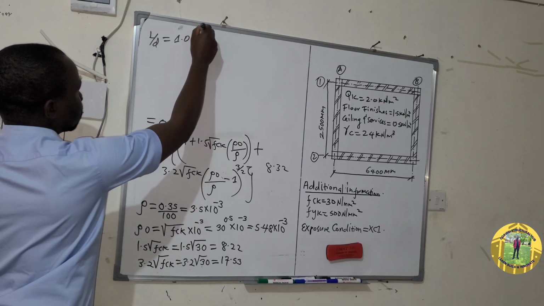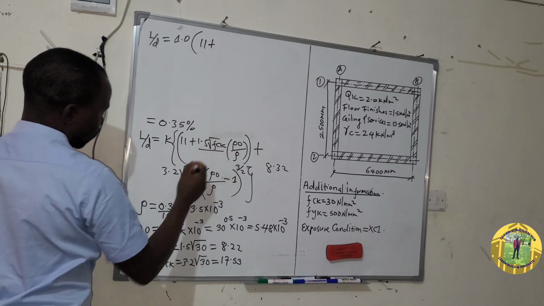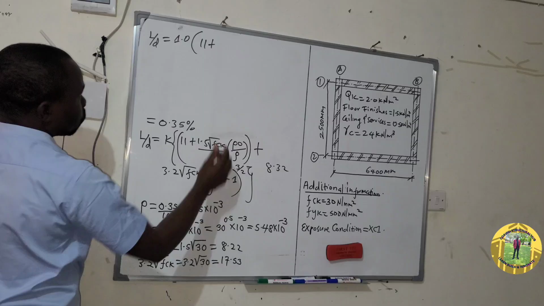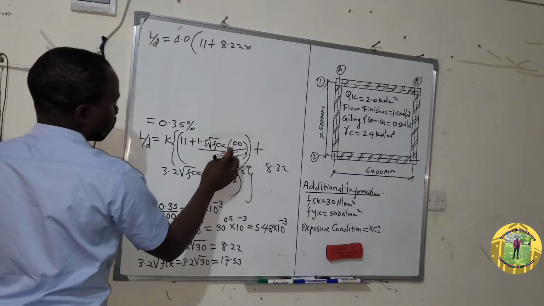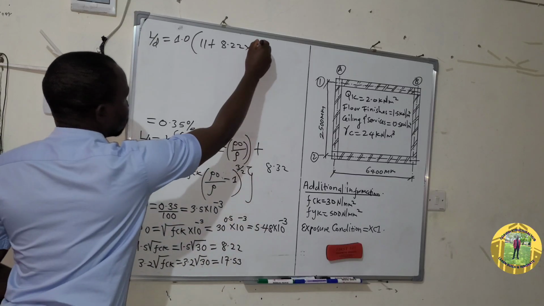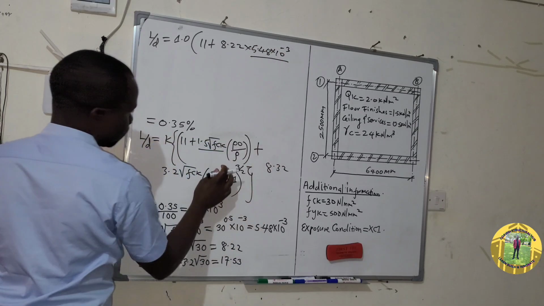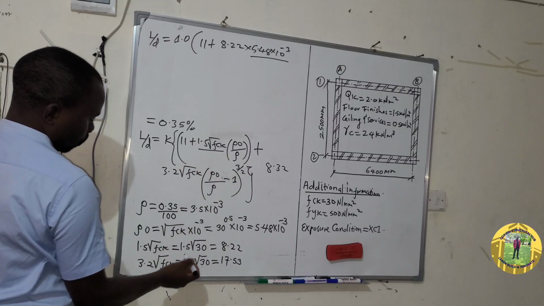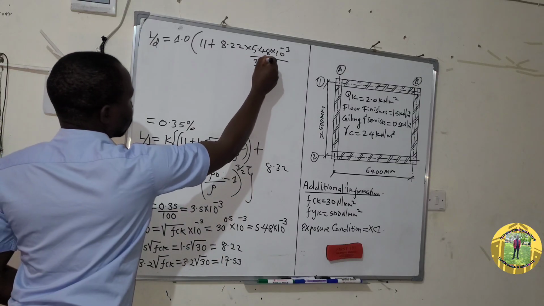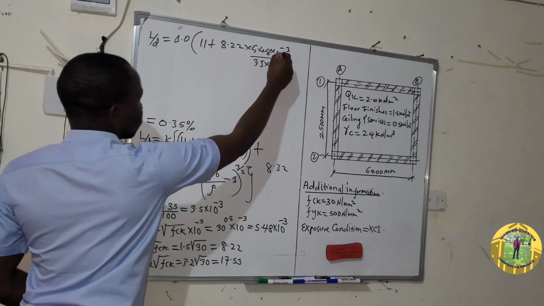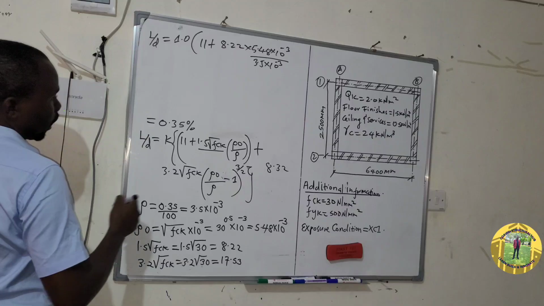And then open the bracket, 11 plus, this one is here, 8.22 times 5.48 times 10 raised to power negative 3 all over 3.5 times 10 raised to power negative 3, and then plus